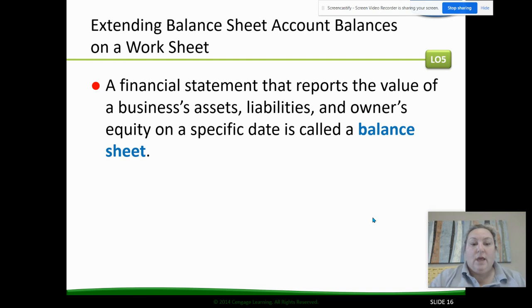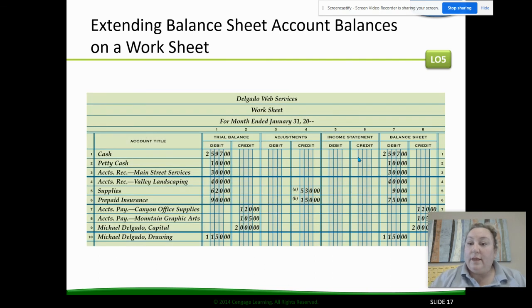and then we're going to create that balance sheet. So in the balance sheet, they want us to work left to right and then top to bottom. So they do the balance sheet first because they're going to extend all of those balances. So this is going to be step 6, right? So we're going to extend all of our balances. Notice we're taking the trial balance. Since there was nothing in the adjustment, that number just gets extended to the balance sheet. So this is what gets extended to the balance sheet: our assets, our liabilities, and our owner's equity. Okay? Those are the three things that get extended to the balance sheet: